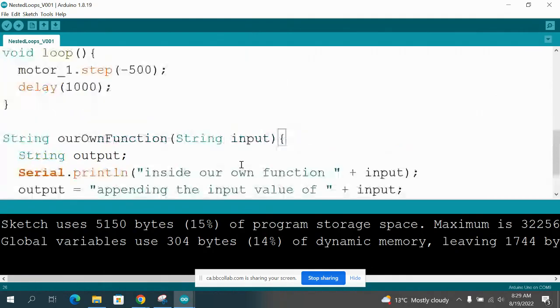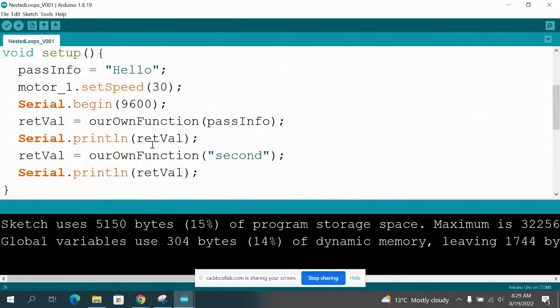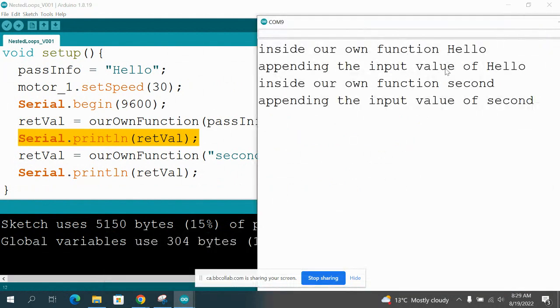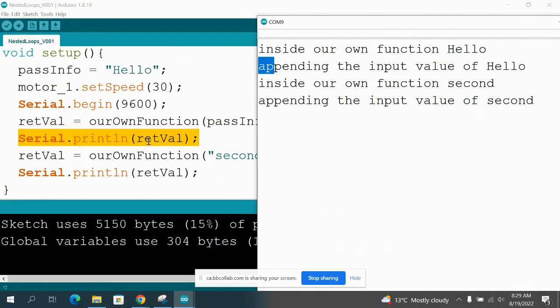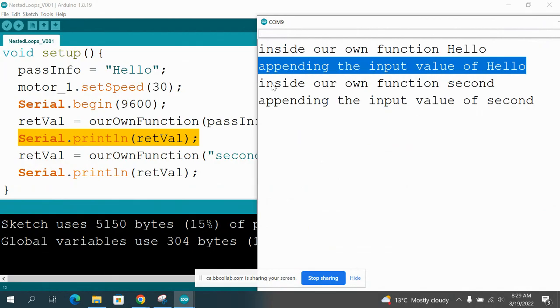Usually the return in any case is an indication to jump back. So it jumps back, takes that information and places it into retval. Now after it's in retval, we are going to print out that value, which in this case is that whole thing that has been appended. So this is printed out over here.